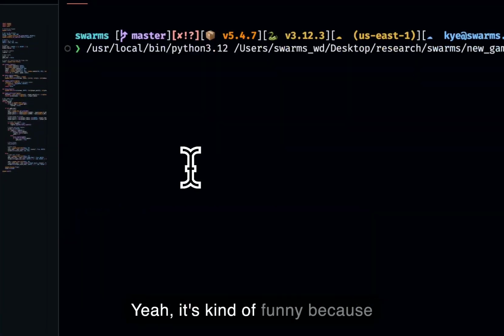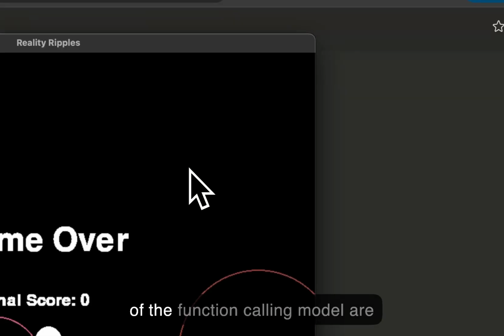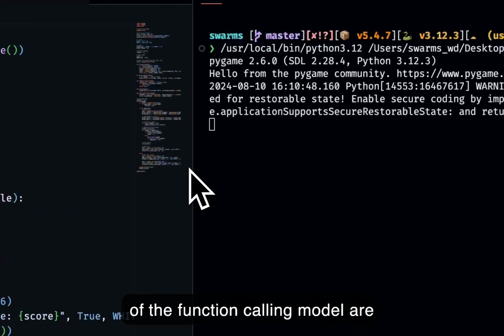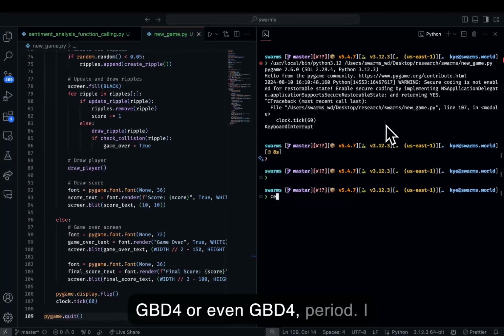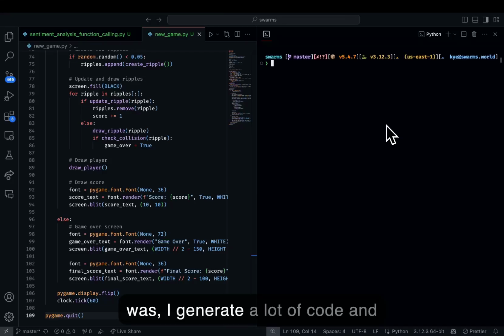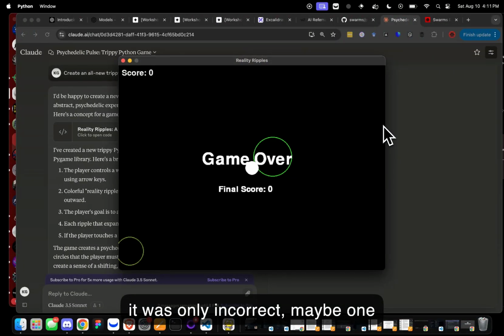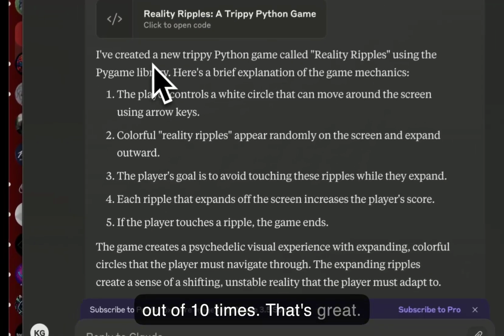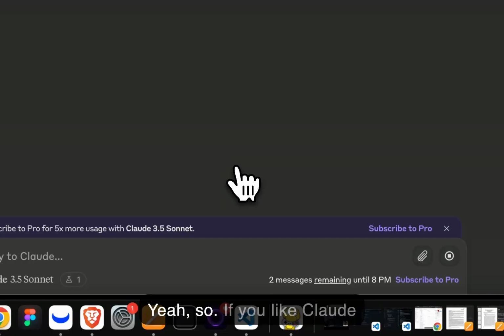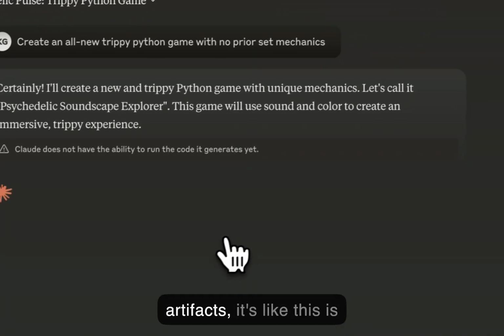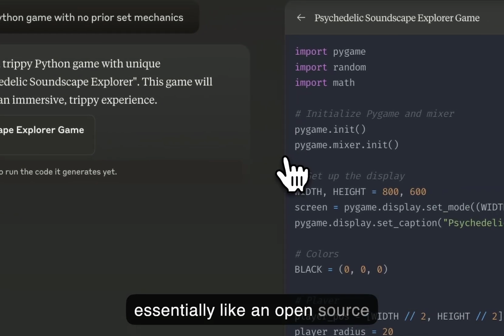It's kind of funny because the code generation capabilities of the function calling model are much better than just regular GPT-4o, or even GPT-4 period. I generated a lot of code and it was only incorrect maybe 1 out of 10 times. That's crazy. If you like Claude Artifacts, this is essentially an open source version of Claude Artifacts,